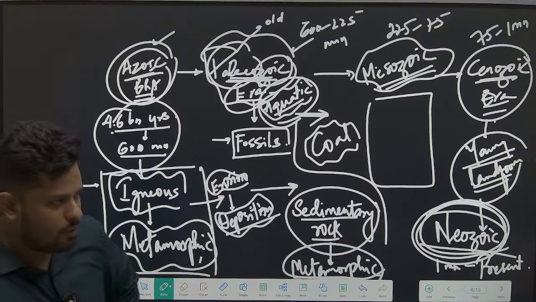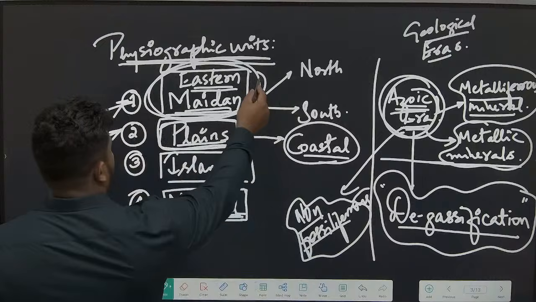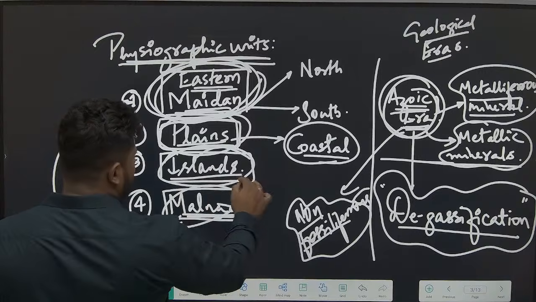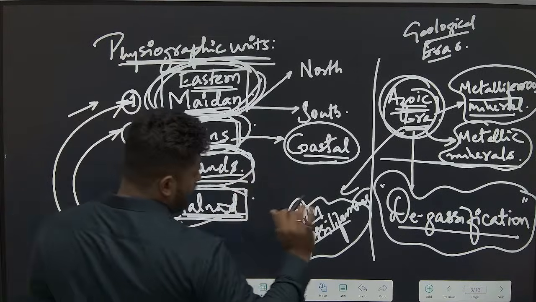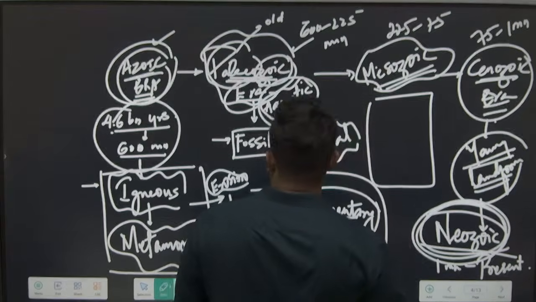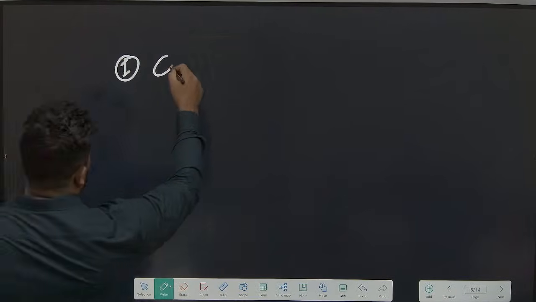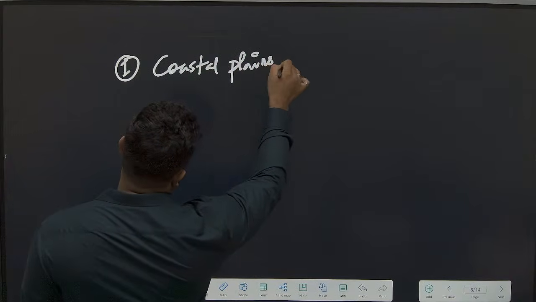Are you understanding this? So one by one, let's talk about this. I believe you have an understanding about the formation and the time period from which they formed. Islands, however, may not have any time period; there is no time frame associated with it. Alright, first things first, we'll start with the youngest, the coastal plains. Can you tell me something about the coastal plains of Karnataka?